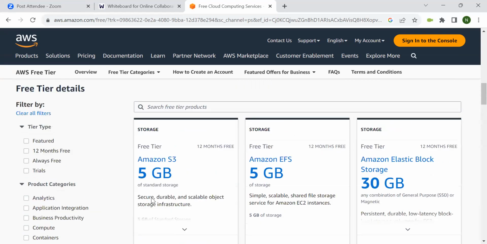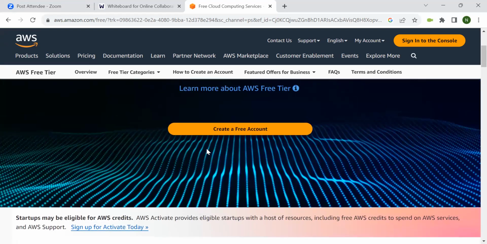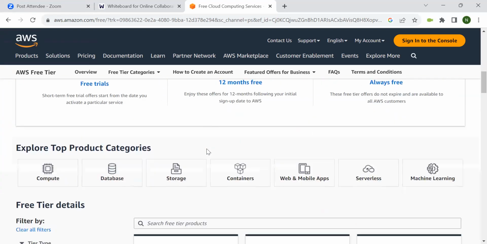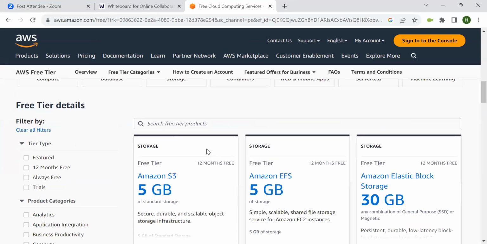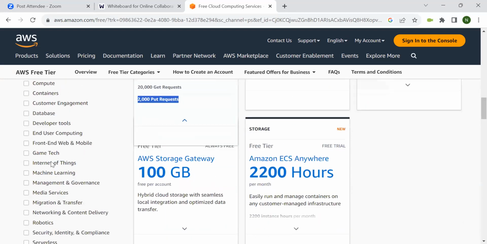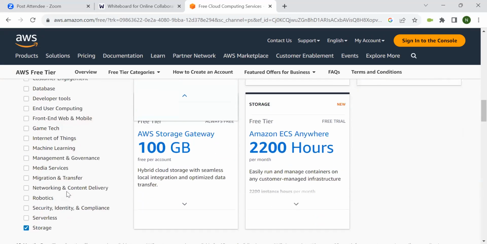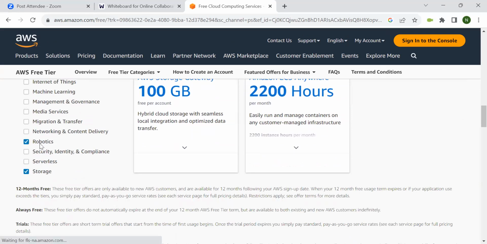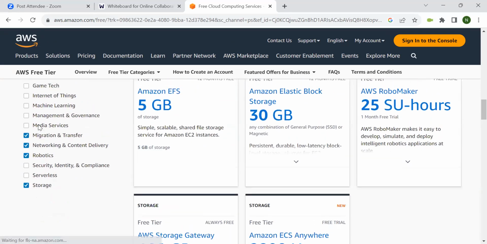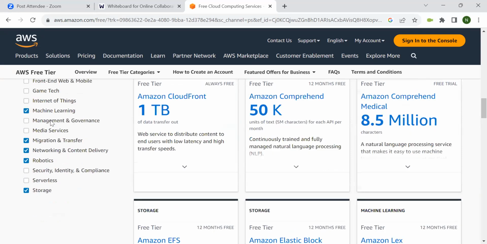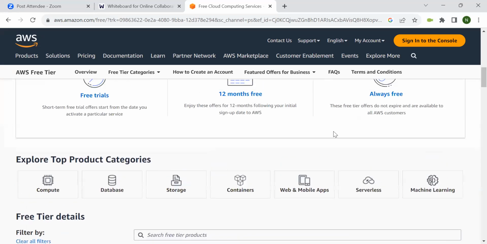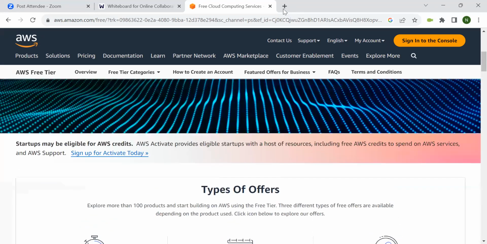So that's how, just before using it, you should come and see the basic free tier usage. For some services they will notify you that your free tier usage is completed and you are going to be charged from now onwards. You would get these kinds of notifications, but not for every service, only a few services. Okay, and they offer many categories of services related to robotics, networking, migration, management, machine learning, and these many services they are offering as free services, I mean, AWS.